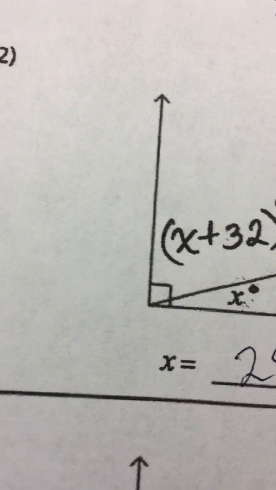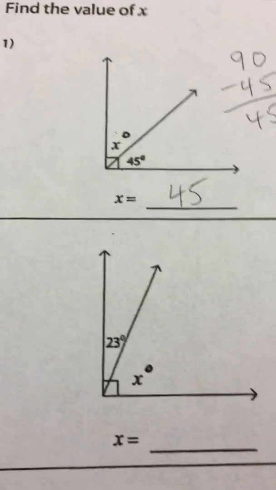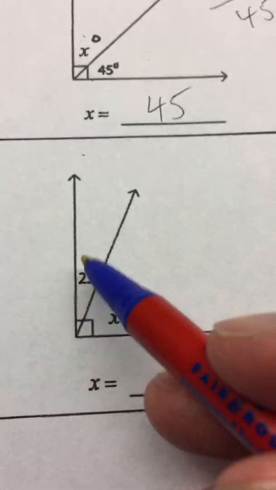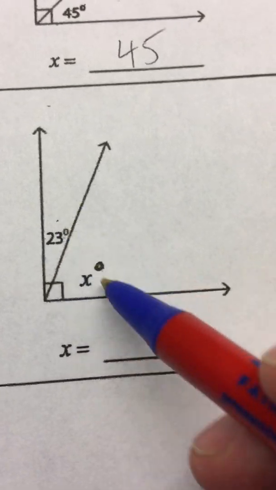Next one over here. So if you've got these, go ahead and do them, and then check your answers and see how you did. So that was 1 and 2. Number 3, these two add up to 90 degrees because this is a 90-degree angle here. So they're complementary, but they add